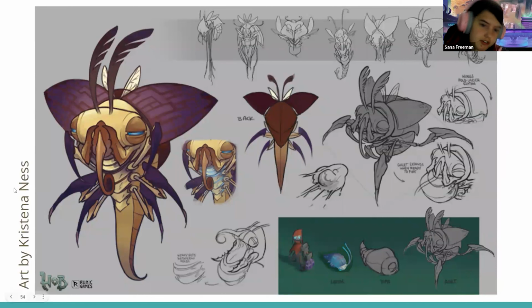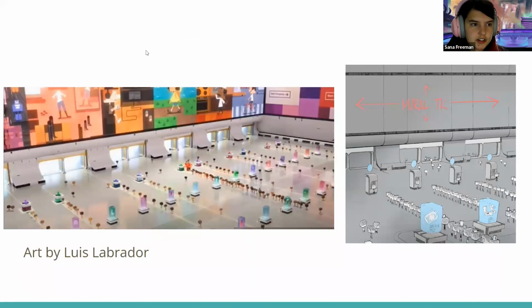And even then, you can still push it even further. Like this, Christina Ness is also a previous SCAD student. I think she is a very good artist, and this concept still has kind of rough lines, but again, this tells you everything you need to know within a short period of time. And of course, I'm showing characters, and I found this guy on ArtStation like 2 days ago.